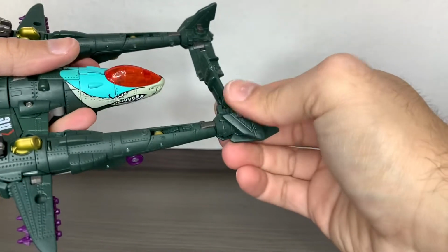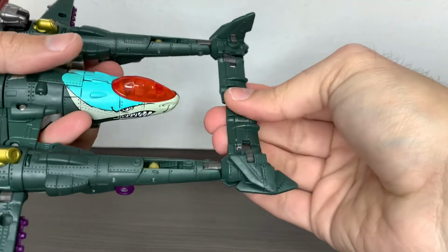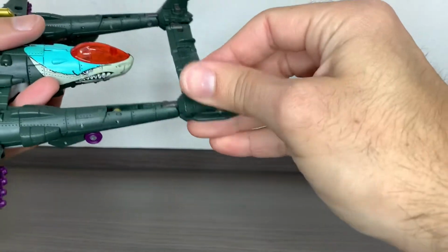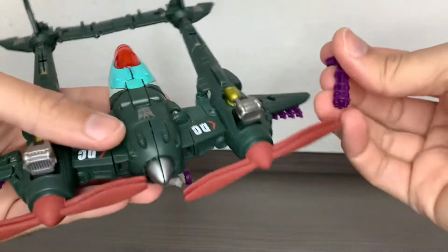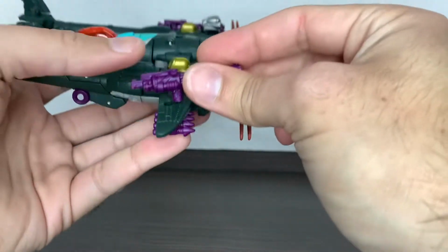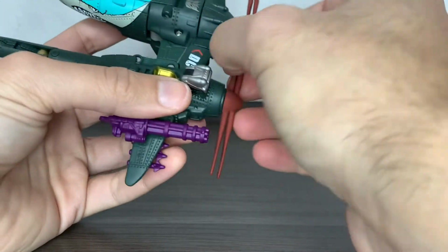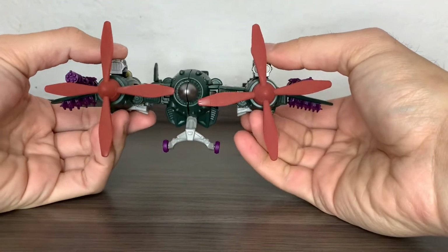Now you just bring the feet into position to form this back part. I don't know how it's called. And boom, basically there you have this guy, Powerdive, in his World War II double rotor plane mode. Just place the Gatling guns there. You can just fix the rotors here, and you can of course continue doing